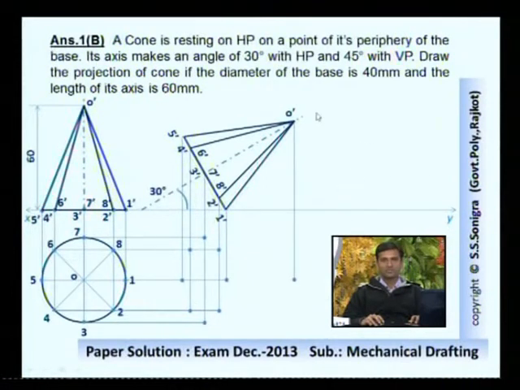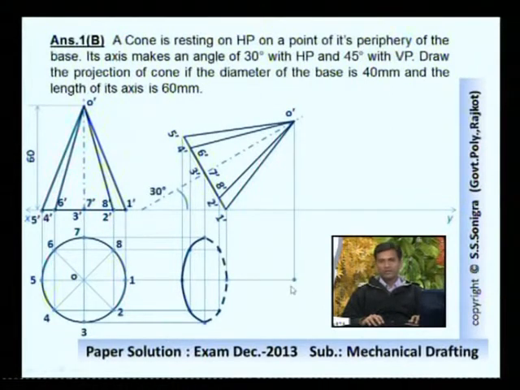And about apex point O dash, vertical line from point O dash, horizontal line from point O. So this is the apex point. Now what do you say about its base? If you look from this top side, its base would be visible or not. If you look from here, then this circular base will not be visible. Of course, outside line would be visible, and this inner portion, this edge will not be visible. So that edge should be drawn with the dotted line as shown here, and this is outside line, so join them with the full line like this. These points are joined with the dotted line and this with the full line.